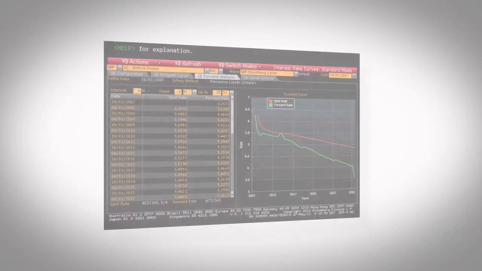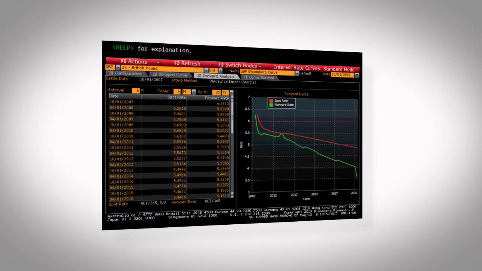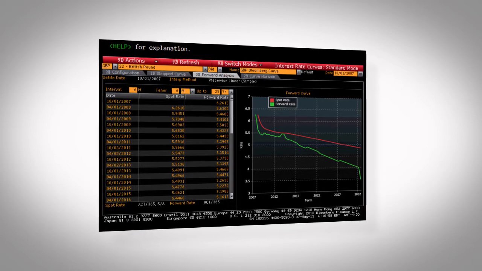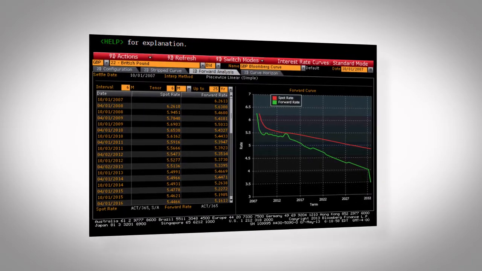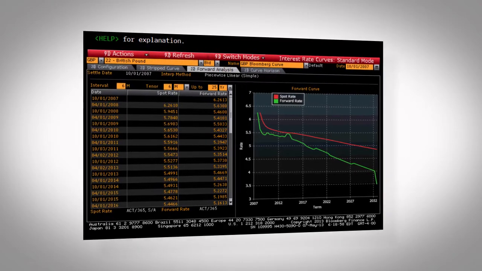Can you explain to me how the bank would price a contract? To understand interest rate risks, I'm going to start with a forward interest rate curve, taken from a Bloomberg on the 1st of October 2007. I'm going to pretend I'm a bank and show you how you price a swap. These interest rates shown by the green line, banks have been accused of knowing that interest rates would fall. This isn't quite true, but they had the next best thing.